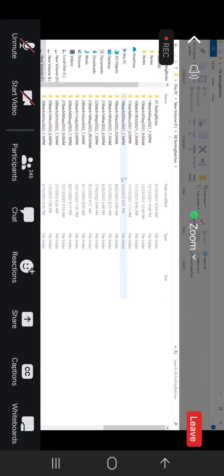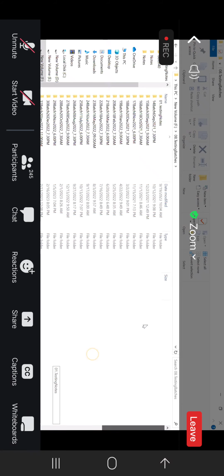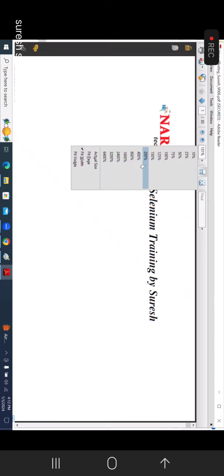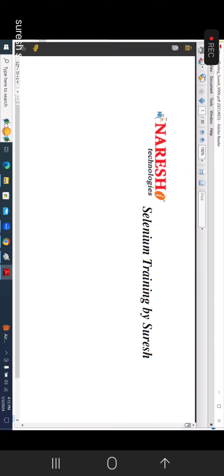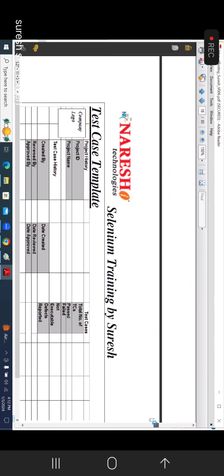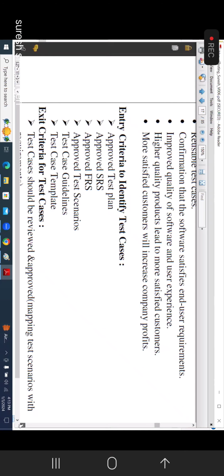In detail, with respect to test cases, we need to mention the entry criteria. If I'm talking about test cases, we need to take care of the respective entry criteria. So what exactly does that entry criteria need to cover? If I'm talking about entry criteria, we need to take care of it in reference to these respective